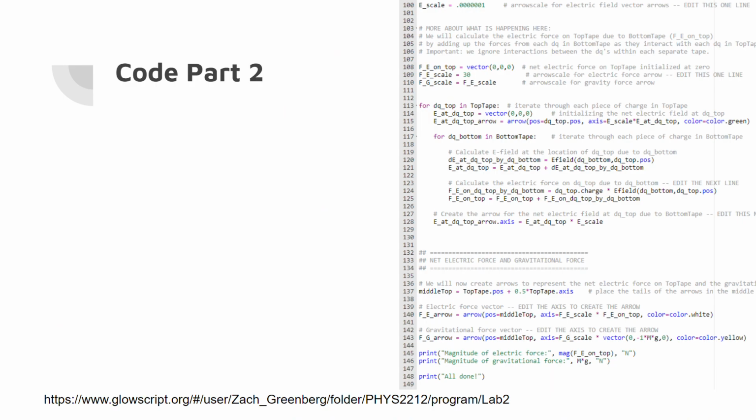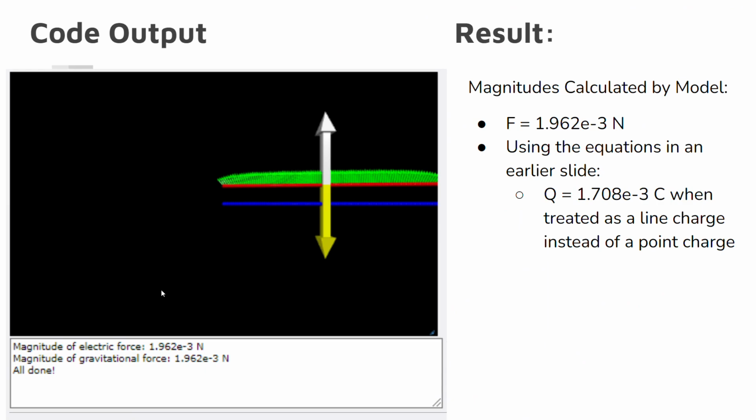Here I am able to continue to use these functions to calculate the field from the top tape and from the bottom tape, allowing us to receive this result,